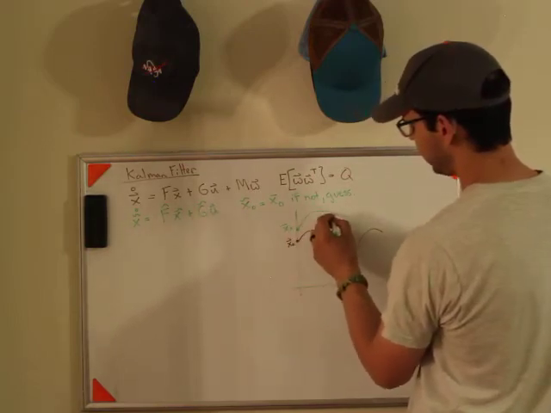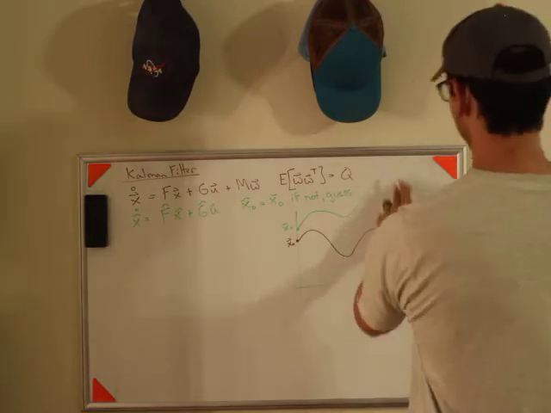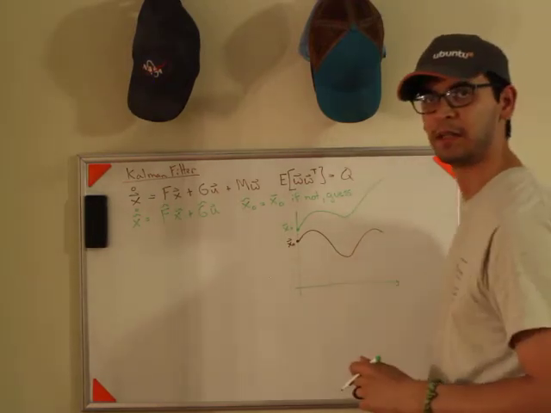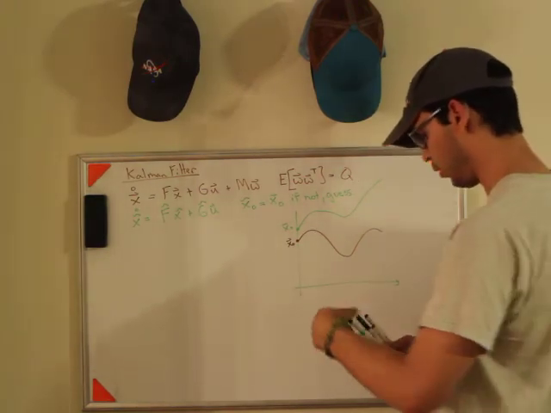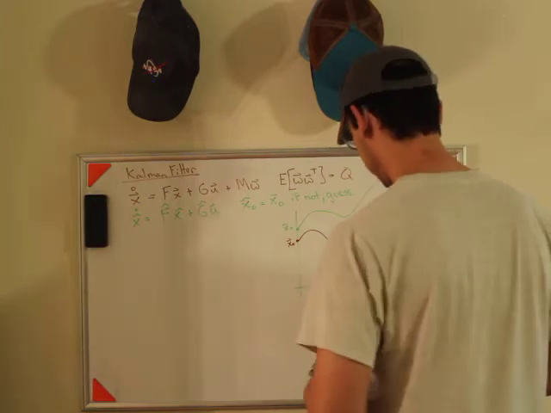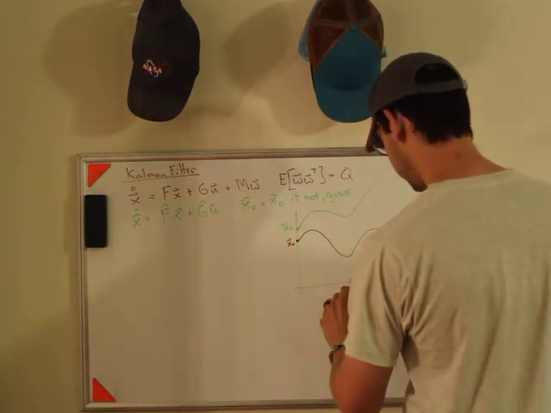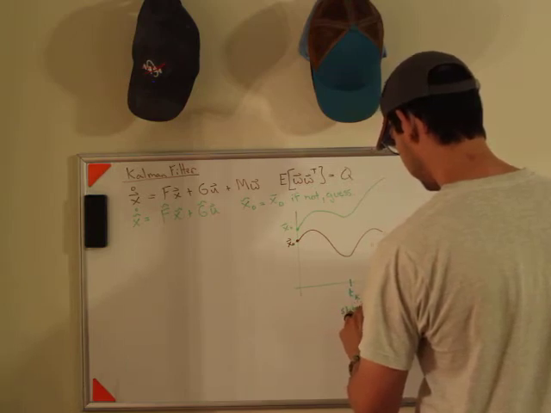Eventually I might match a little bit, but eventually I'm going to be off by quite a bit here. So what I need to do is hope that at some point I'm going to get some state measurement,